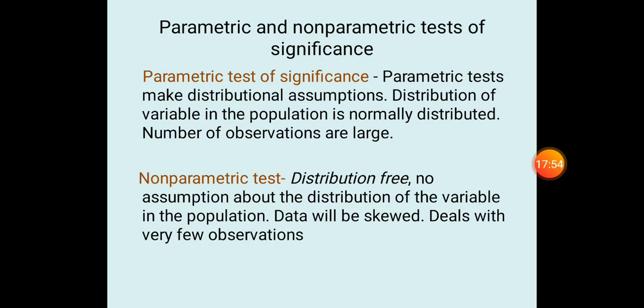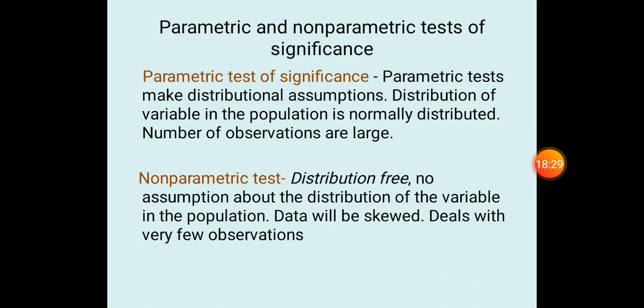Now again the statistical test is divided into two. That means parametric test and non-parametric test. If we are dealing in the null hypothesis, we are mentioning about the measures, then that type of test is what we call as parametric test. And in parametric test we are having the assumption that the variables in the population are always normally distributed. That means when we draw the frequency distribution table and histogram, the frequency curve will be a bell-shaped curve.